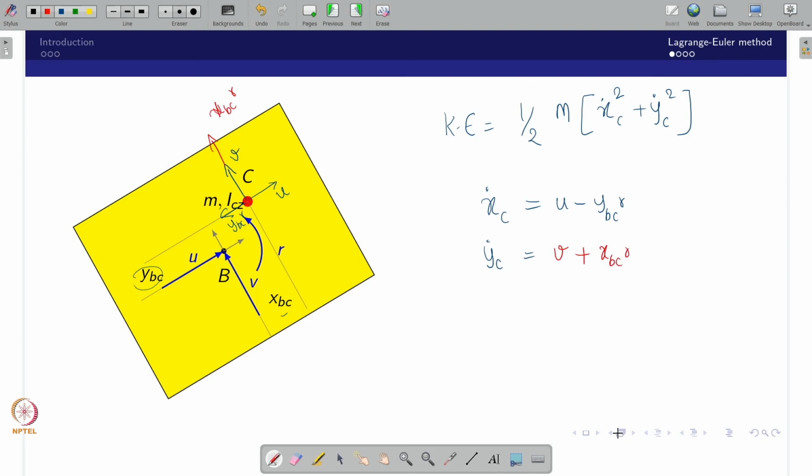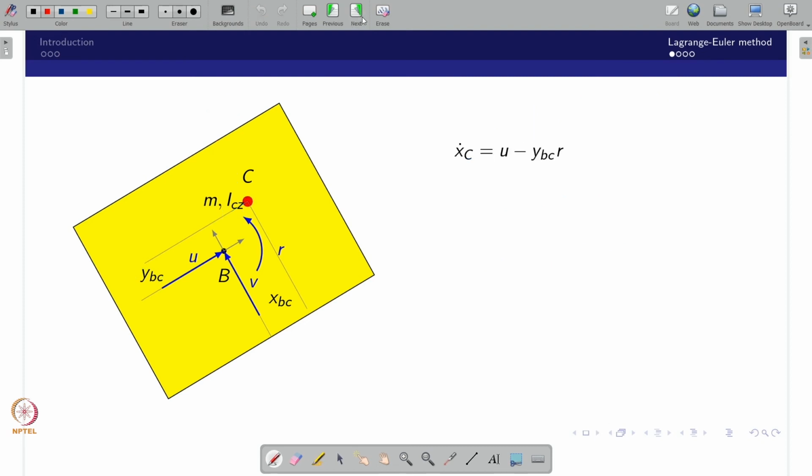Further, I said potential energy we need not bother about because it is in the plane. So now we will substitute that. This is the equation we obtained. Now you put the kinetic energy for the translation mass, and the rotational kinetic energy. There is one inertia which is possessed, and there is a rotational speed. So r squared would be the equivalent, kinetic energy along with half, right. It is half I omega squared in general.